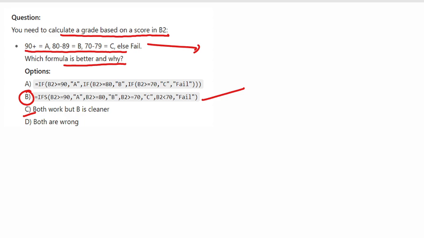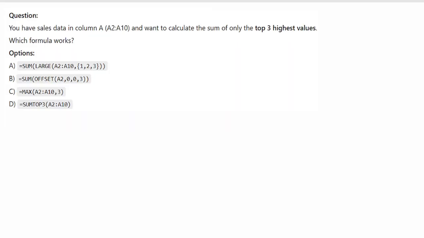Option C is also correct, but option B is clearer than A. We just say option C is also correct, but to get a better result we go with option number B. Now move to the next question.